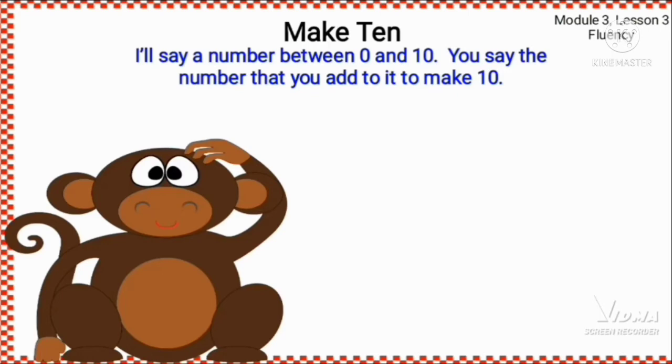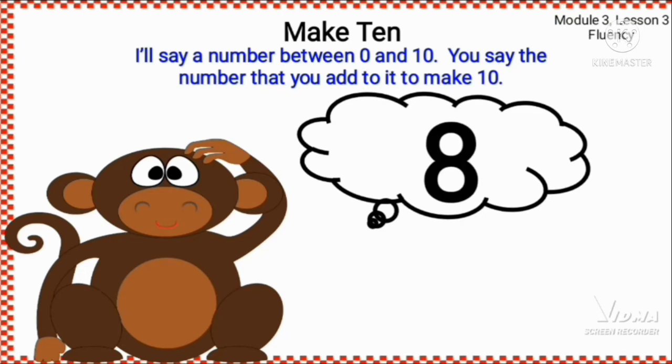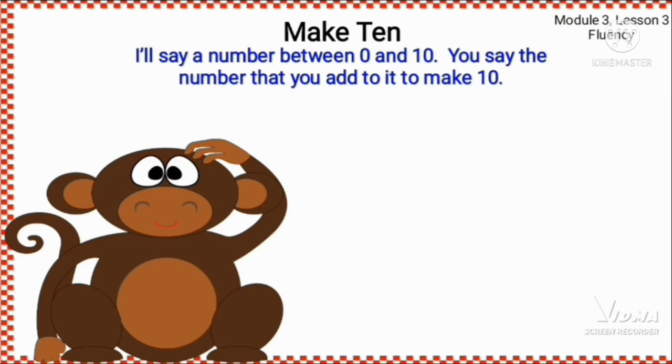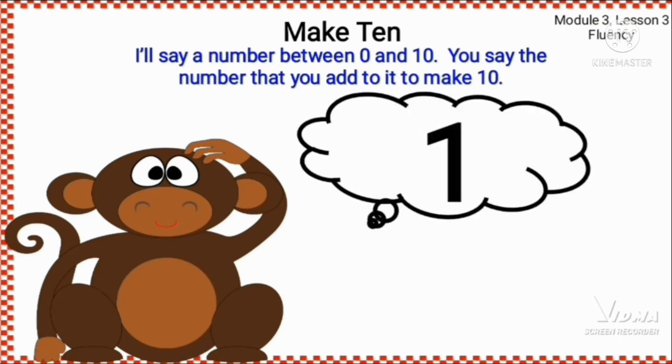Alright, let's make a 10. I'll say a number between 0 and 10. You say the number that you add to it to make a 10. So once you see the number I'll show you, just tell me what you add to it to make a 10. 1, 2, 3, 4, 5, 1, 9,